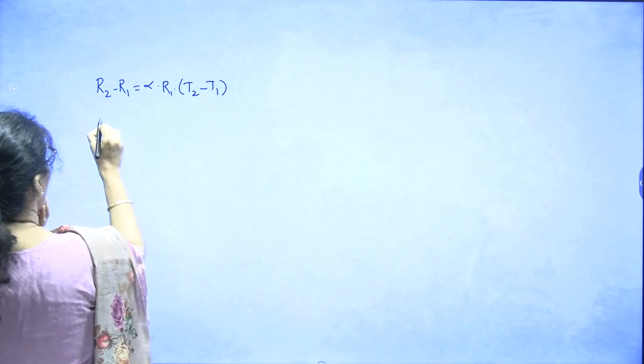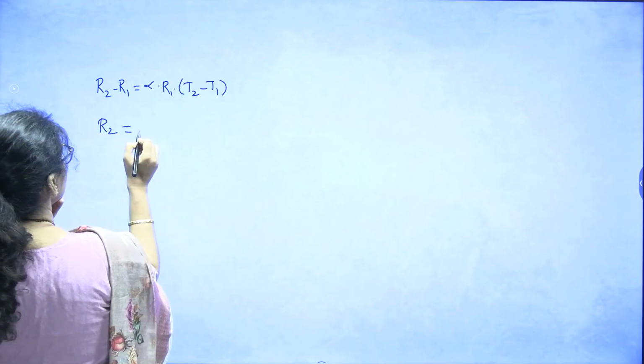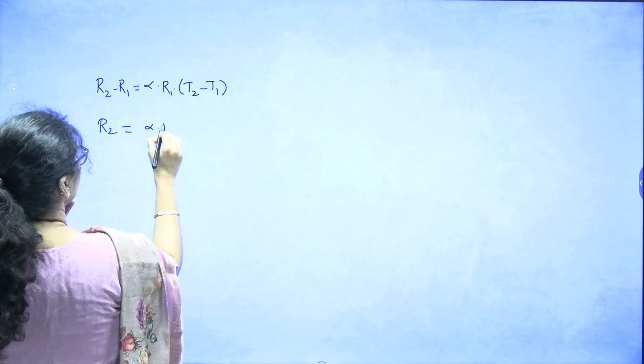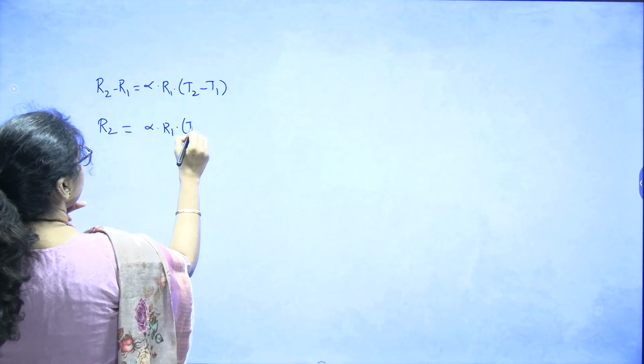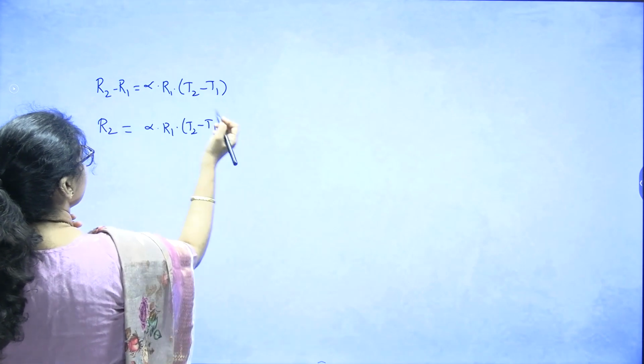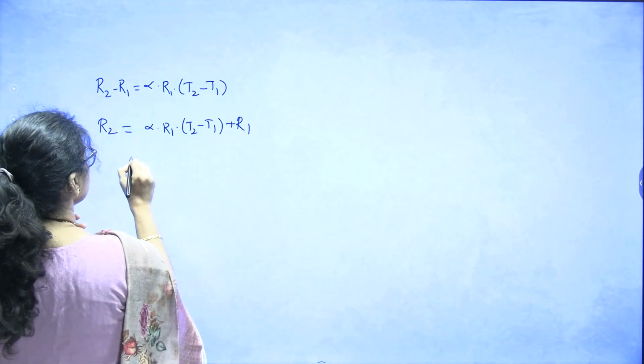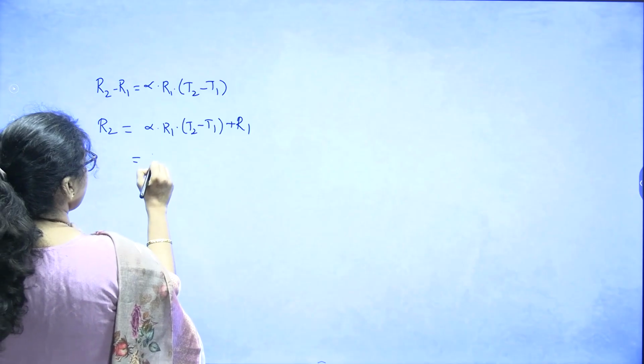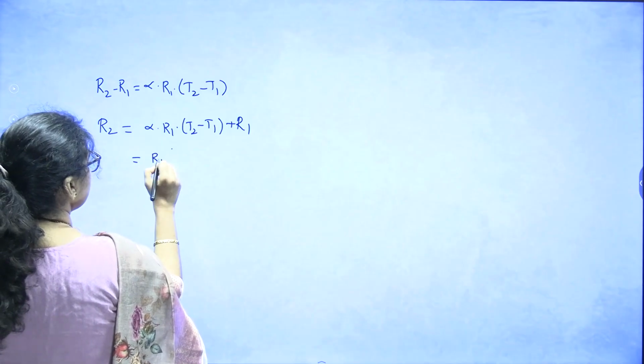From this, what I can write, R2 is equal to alpha into R1 into T2 minus T1 plus R1, minus R1 will become plus R1. So from this, what will become? R1 into